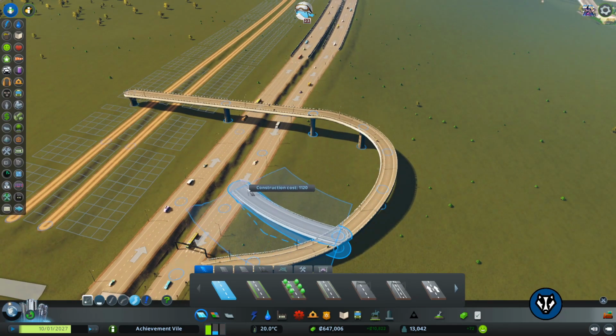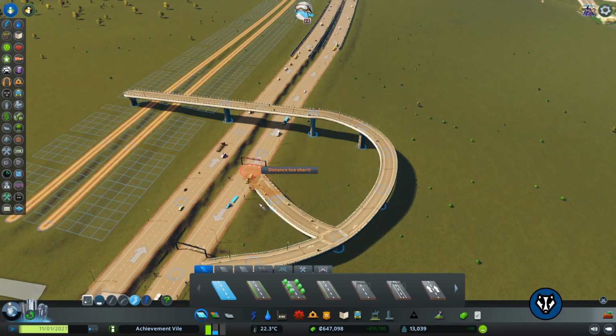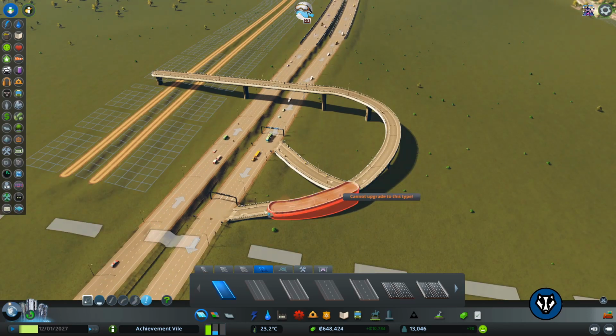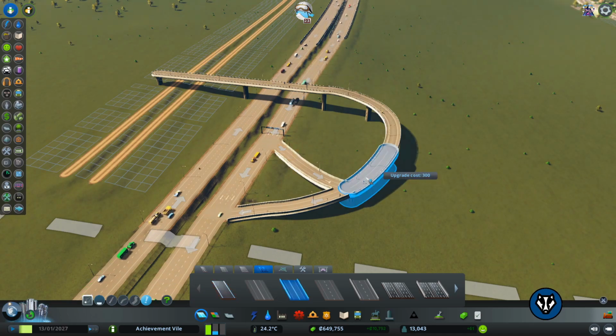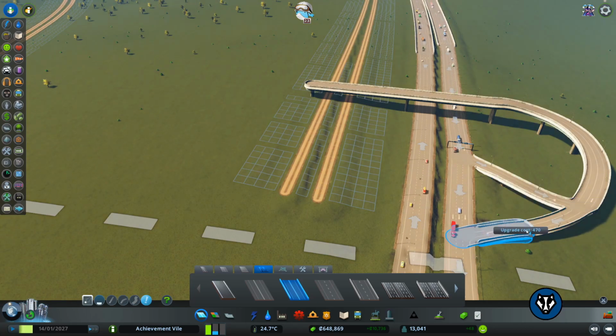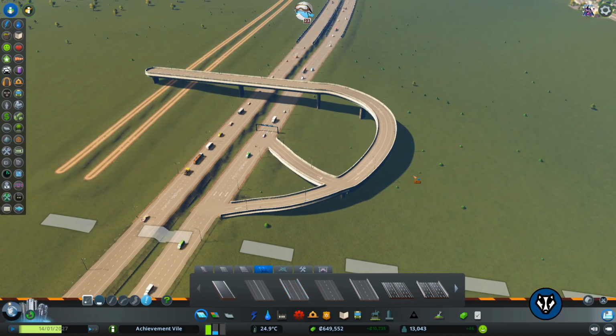But you'll see the method in my madness in a second. Here we go, we're going to switch over to the motorway now. And we change that to that. That to that. Boom, boom, boom. Two-way motorway. Yeah, you see that kind of works. No one would come up here and turn right, but you would go... That's too sharp. Okay, if I do...